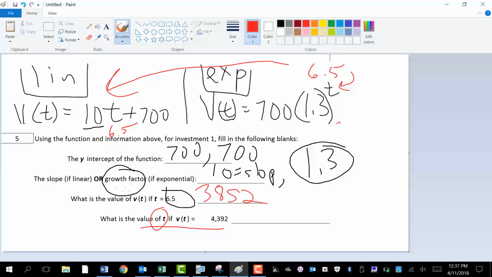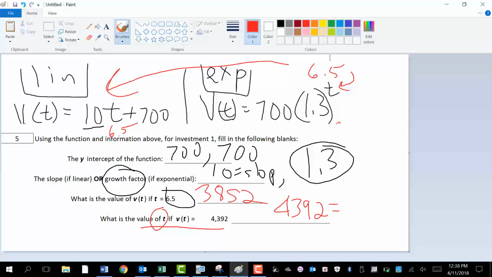This is actually kind of like what we just did, except in reverse. Here they're not saying t is a certain number and plug that value of t into the equation. Here they're saying there's a number that the equation is equal to for some given value of t. So how do we do that? Well, it would be like this. It would be basically